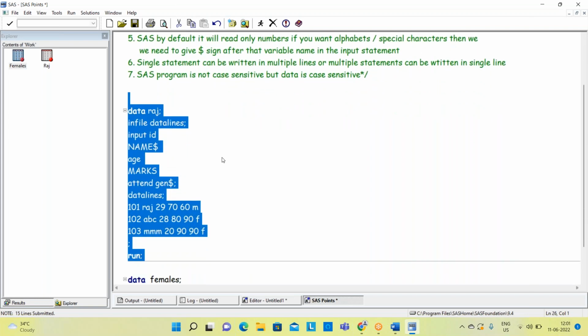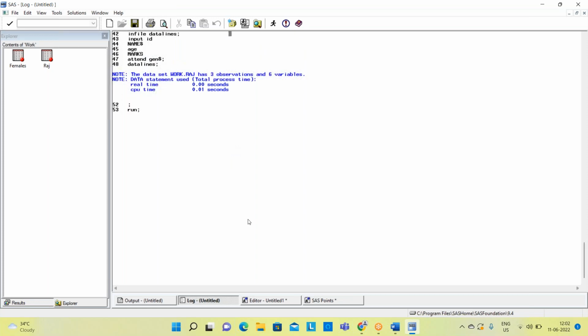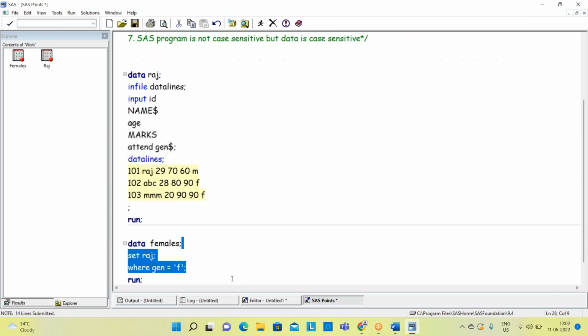Agree, yes or no? No problem, you can do that. It is not an issue in SAS. It is not showing any errors or warnings. And at the same time, multiple statements can be written in a single line. So if you see here,